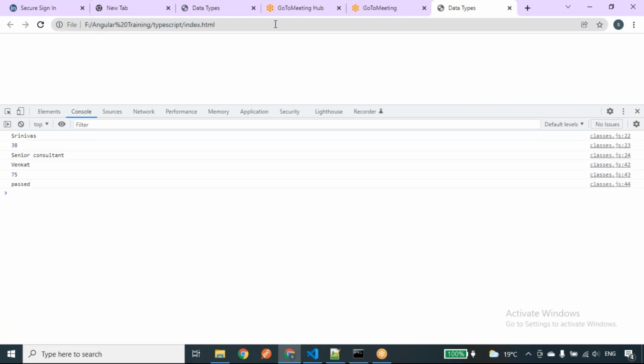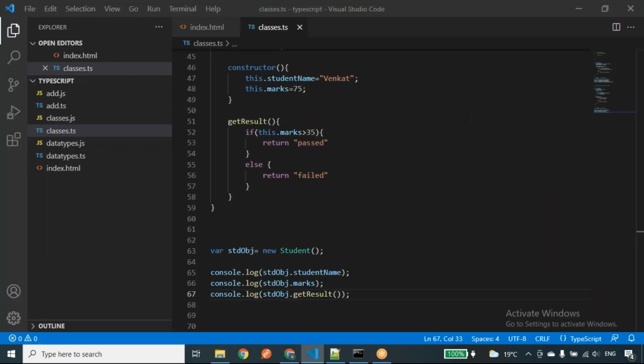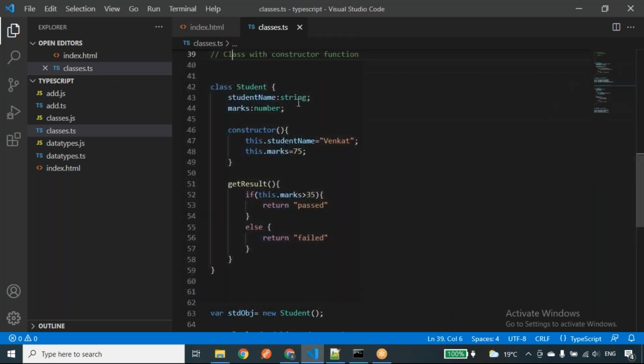Yeah, we can see that we can get the student name and the student marks. Marks is greater than 35, right? So the output is passed. Here also we are using the constructor function, but here also we have one drawback: we are not setting the student name and marks dynamically, we are not passing any arguments here. So this example explains how we have created the student object